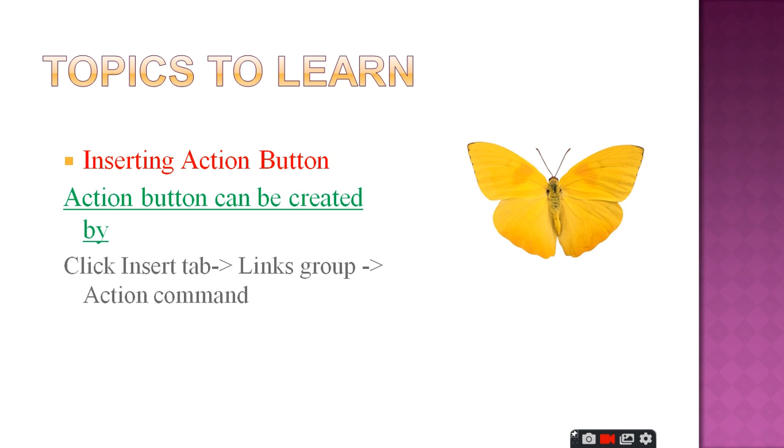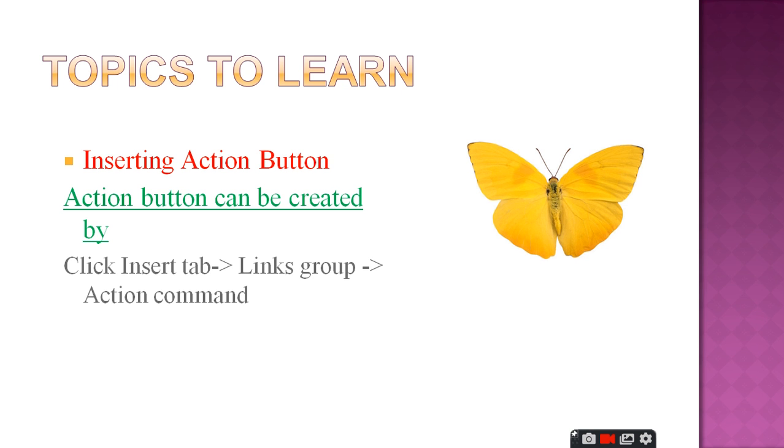If you want to go backward in these slides, you can create an action button. By clicking that action button, you can move to the first slide, or in between where you want to focus, there you can skip. So it is used to direct the user back to a previous slide or forward to the next slide.